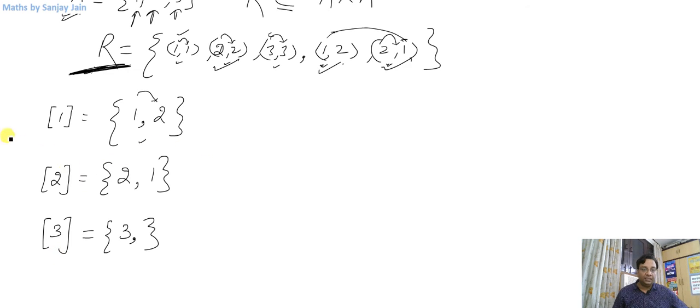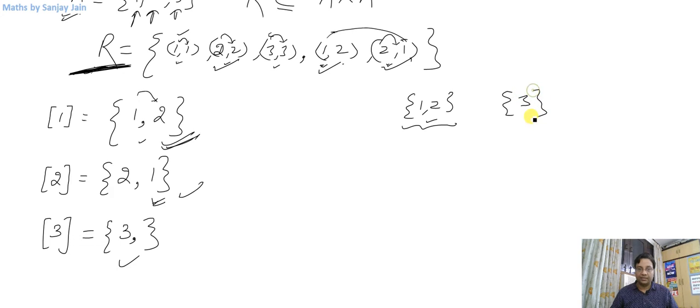Now this set, and this set, these are essentially the same sets, right? Because the order in which the elements are written in a set doesn't matter. So if you write 1 comma 2 or 2 comma 1, we are referring to the same set, right? So one of the sets is this, right, and another set is this, that we have got as equivalence class of these elements. Now these two sets are also known as partitions.